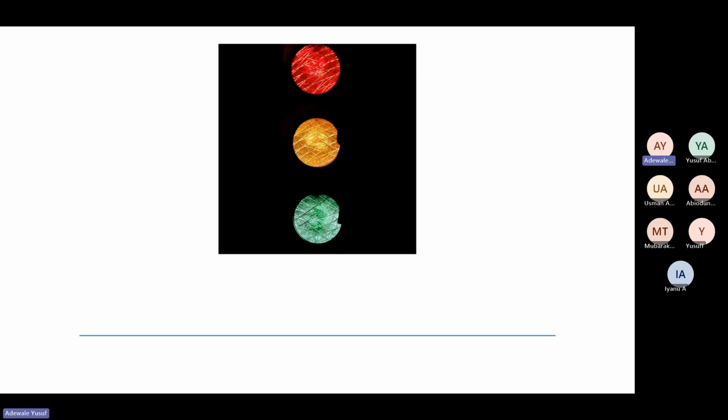Now let's look at this road sign. For any driver, whether you're in Nigeria, UK, US, anywhere, you should understand that when you see red, you should stop. When you see amber color, what should you do? When you see the yellow color, what should you do?